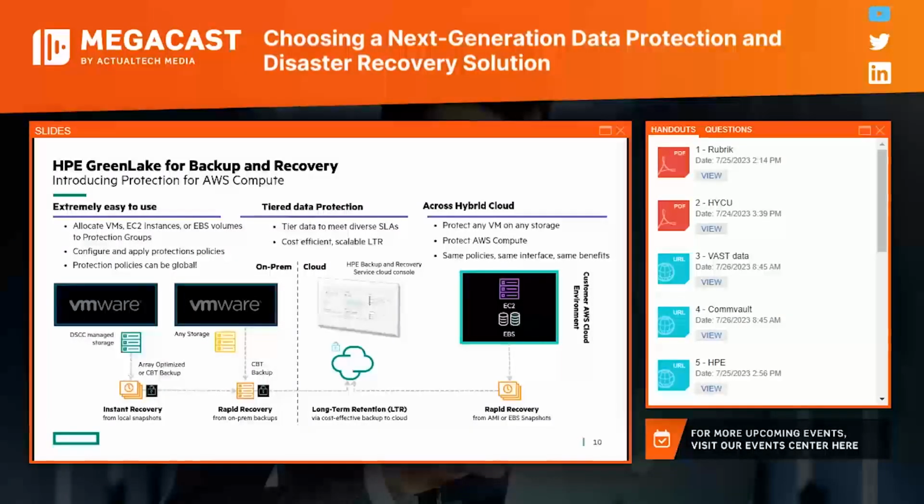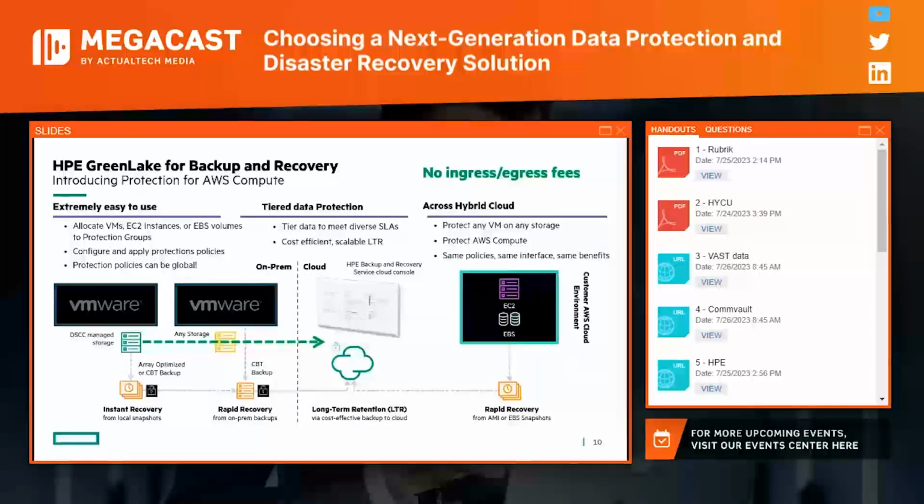Then we announced that we now protect native AWS resources like EC2 and EBS. And actually, we just announced RDS as well. So we've got three AWS resources that we can protect in the cloud and use our source-side dedupe to really save on cost. This next thing is pretty exciting. Built into the service are the ingress and egress fees. There's no surprises. It's all part of the monthly service charge. So you can have a massive failure and do a massive restore with no massive egress fees.